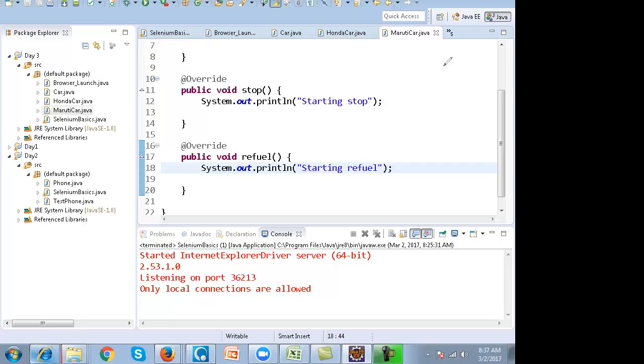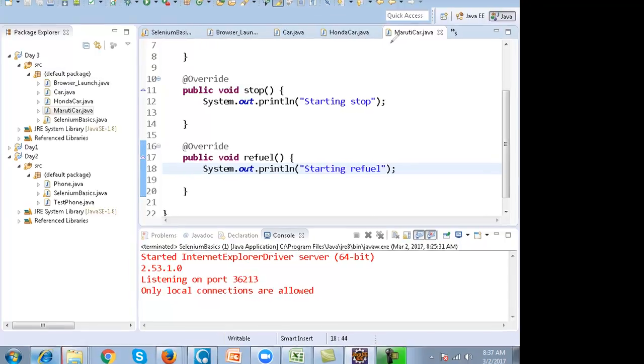The use of the interface here is that it gives a structure to the complete system. Tomorrow if a new car has to come up, it will implement the interface and it will have the same set of functions. Just by looking at the car interface, you can say that stop, refuel, and start will be there in all the car classes. So it gives a kind of structure to the whole application.